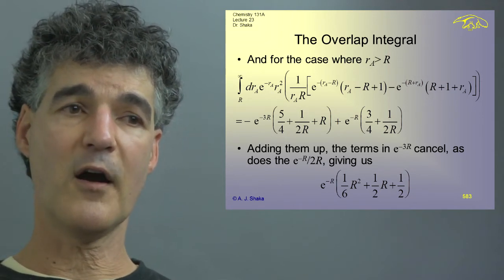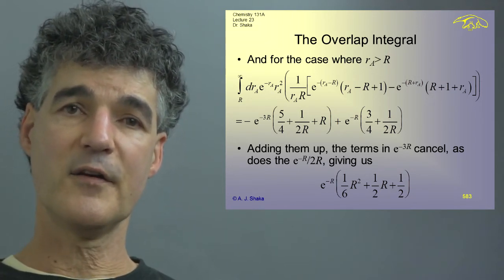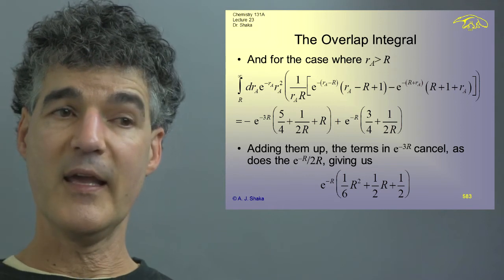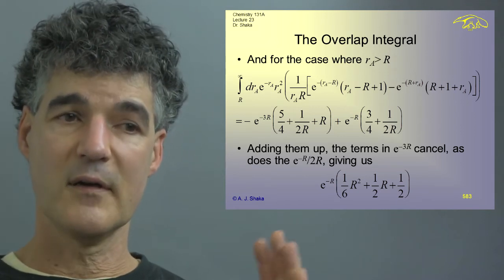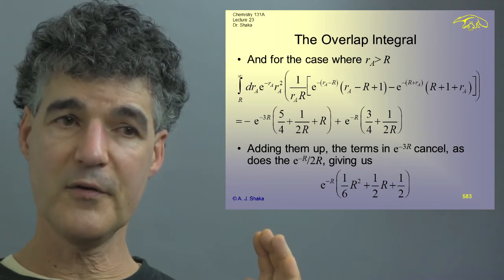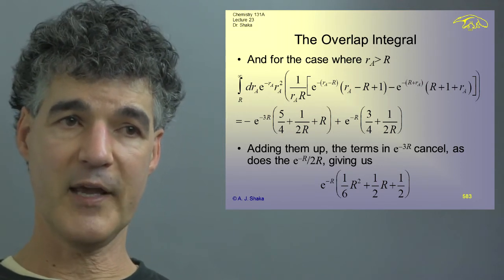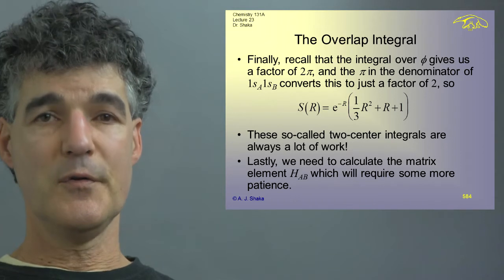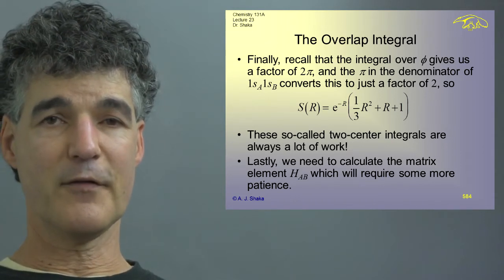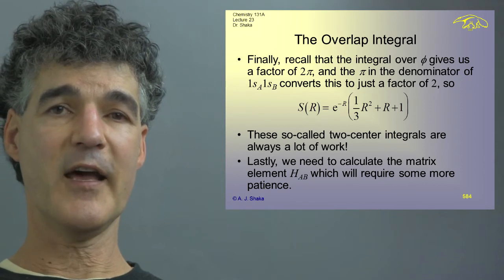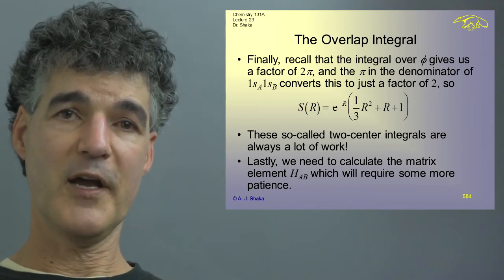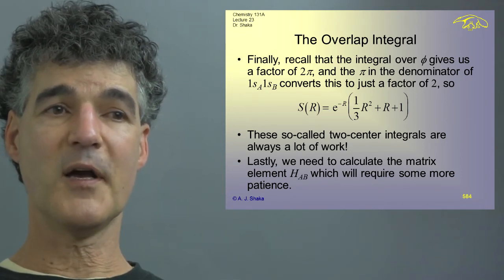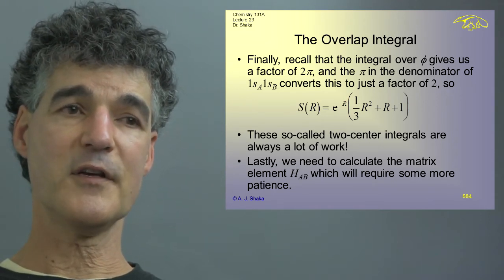The total integral over Ra then, adding them up, the terms in e to the minus 3 big R cancel, and we end up with the following thing: e to the minus R times R squared over 6 plus R over 2 plus 1/2. That's what we end up with. Well, we ended up with a factor of 2 because of the 2 pi from integrating over phi, which we never did. We kind of did that in our head. And then the pi goes away because of the square root of pi in the 1s wave functions. And so we just multiply by a factor of 2, and we get s as a function of big R,